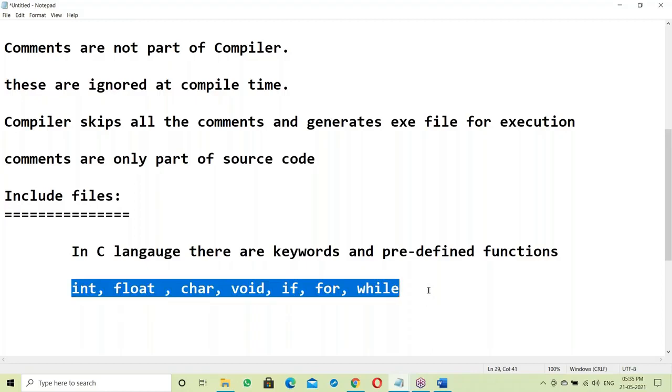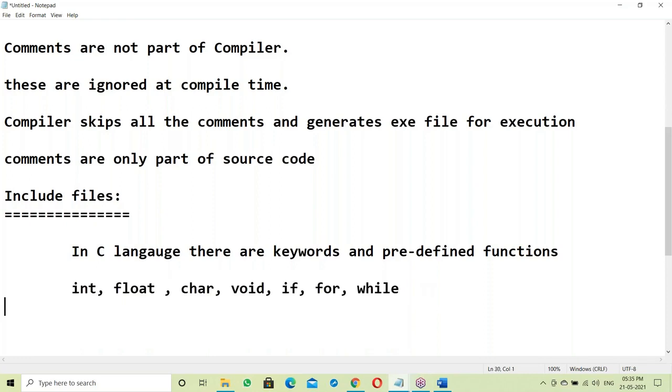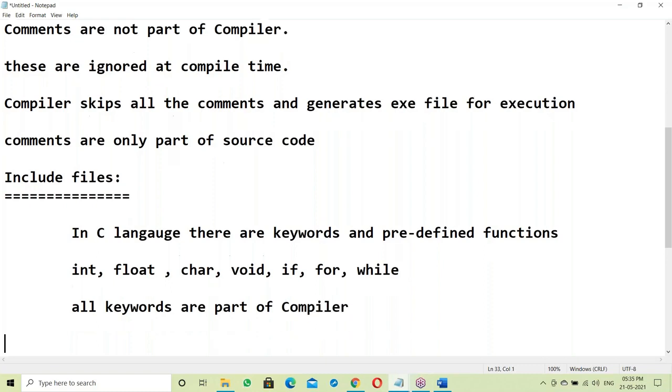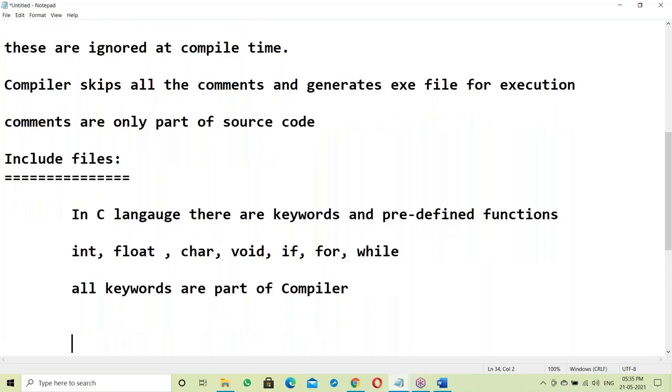All the keywords are part of the compiler.